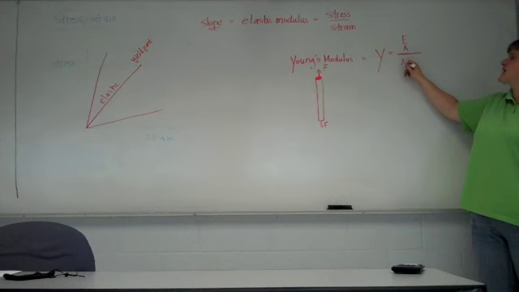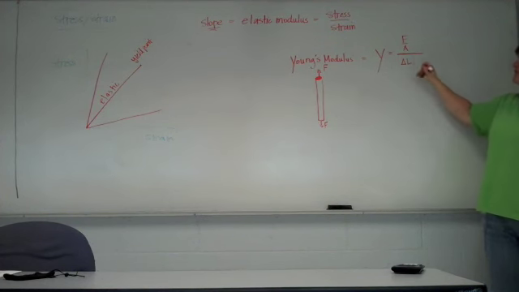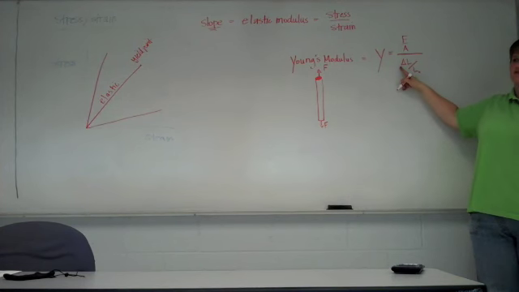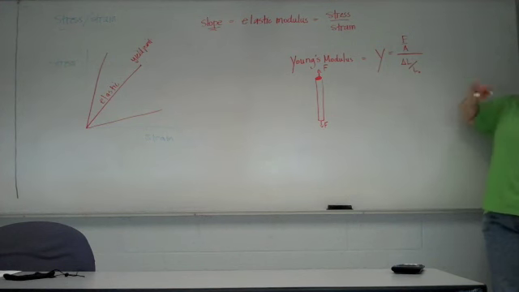The strain is the measure of the deformation. The strain is the change in length of your rod over the original length of your rod. As you stretch and pull on that steel rod, you're going to have to pull awfully hard to have any sort of change in length. But as you pull or stretch on it, its length is going to change. With steel, it's not going to change by much, but it will change. So the strain is the ratio of how much the length changes over the original length of the object. Okay?